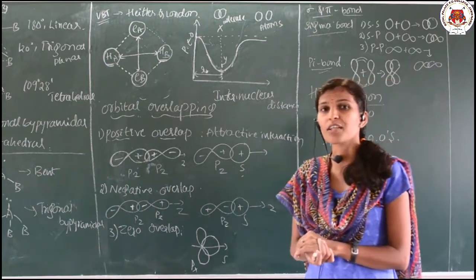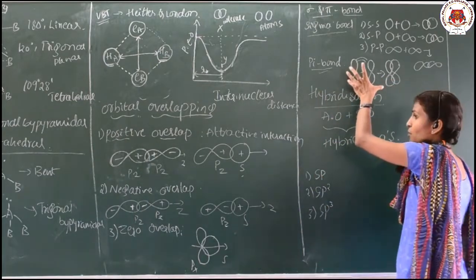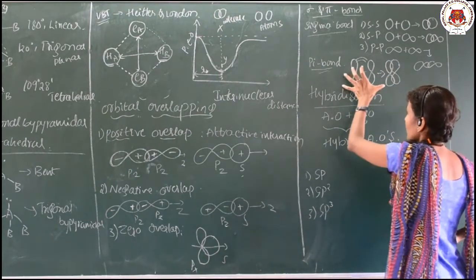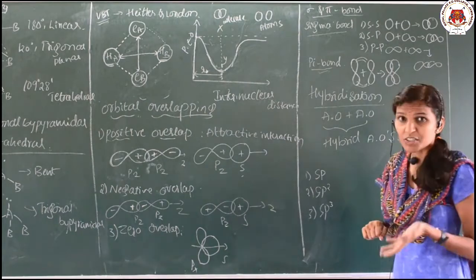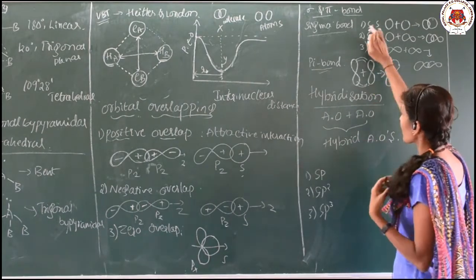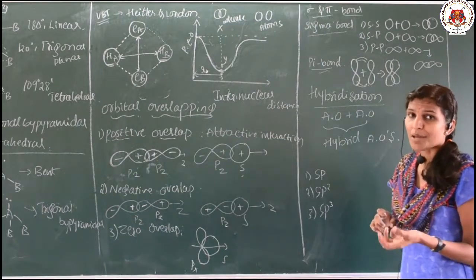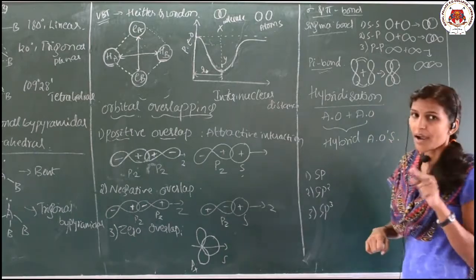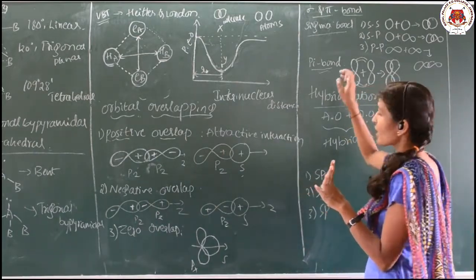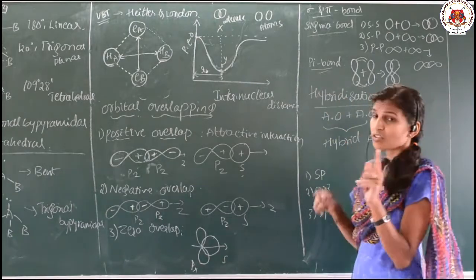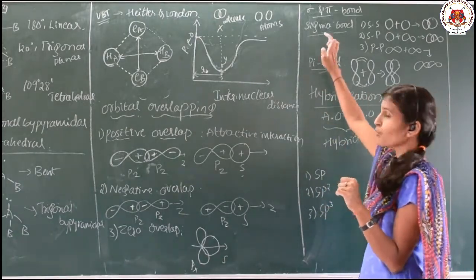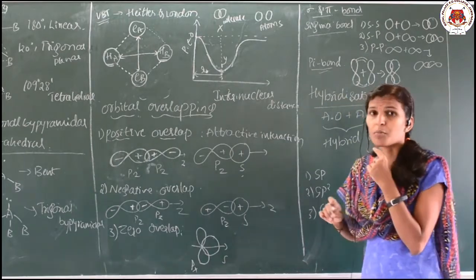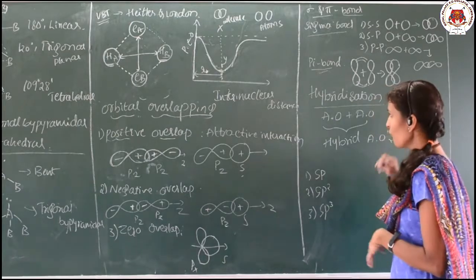Sigma bond is always stronger than the pi bond. Why? Because in case of pi bond, the overlapping is sideways, so the extent of overlapping is not that much and not as powerful, but in case of sigma bond the overlapping is to the maximum extent. Sigma bond has its own individual existence, but pi cannot exist individually. Pi always exists with the sigma bond. This is also one of the main points. So, this is how we can explain the sigma and pi bond. I hope you got it.